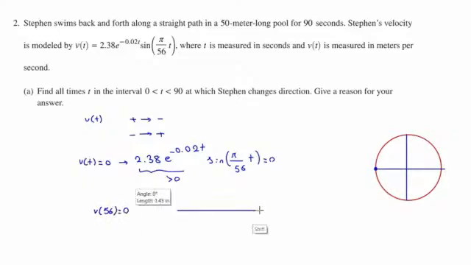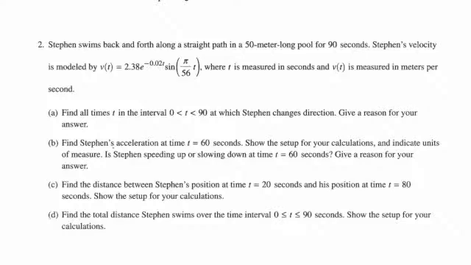And you can see that at t equals 56, v of t equals 0. After that, if you increase t, it will be negative. Before that, it is positive. So because the sign of v of t changes, we can conclude that the direction changes at t equal to 56. So our answer is t equal to 56. Part B. Find Stephen's acceleration at time t equal to